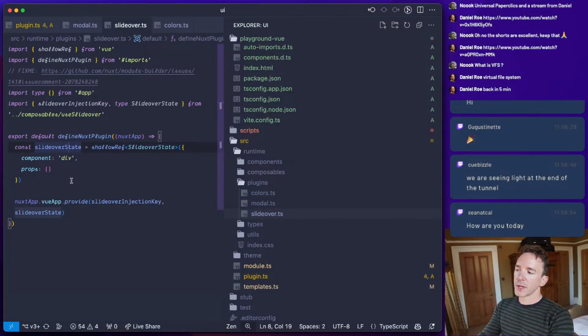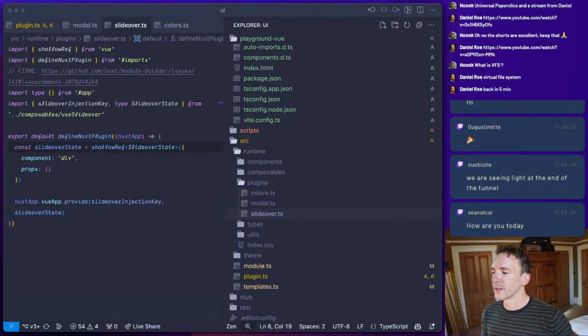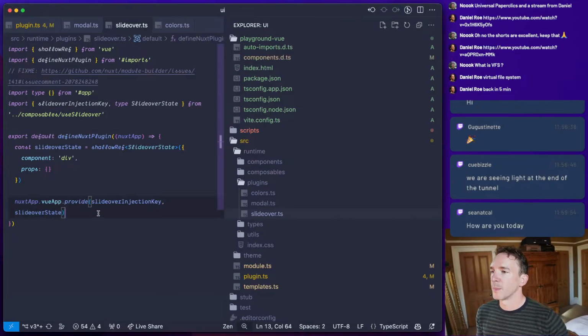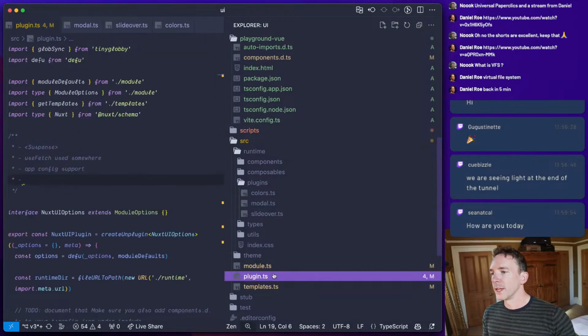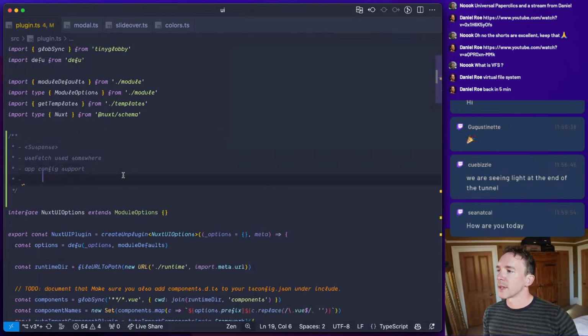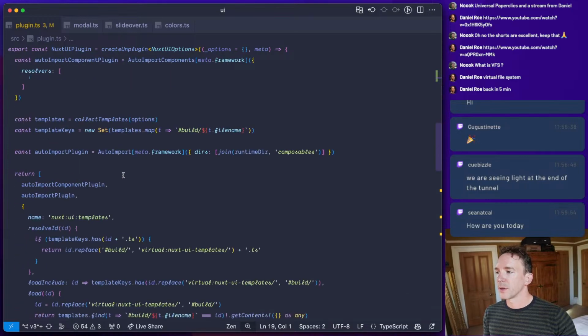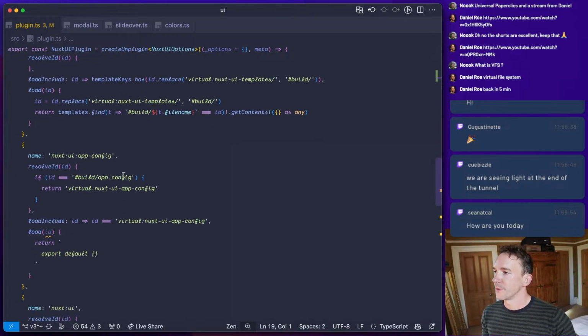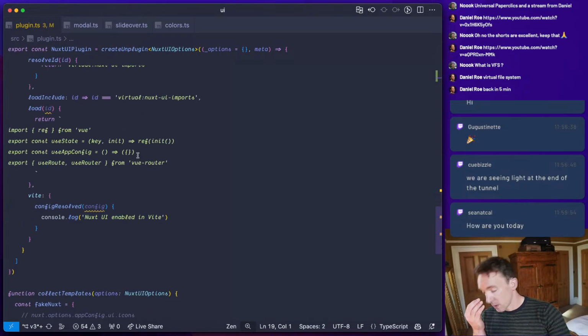I mean, we could do two different ways of doing this. One, we could just copy this out and have a duplicate plugin. But the other, the ideal, would be that we are able to use the Nuxt source for what we need to do. So we're going to say that we have a virtual file, and we are going to transform it.